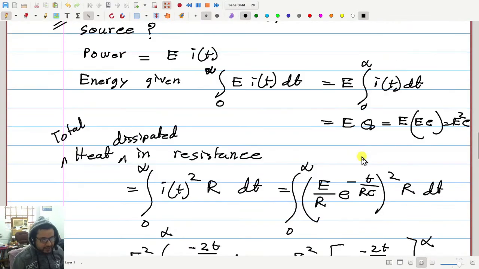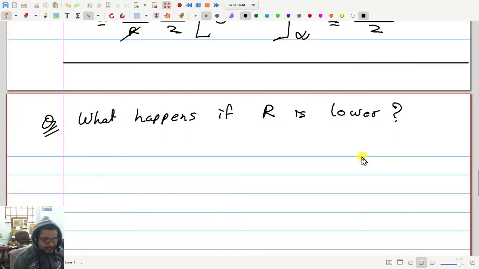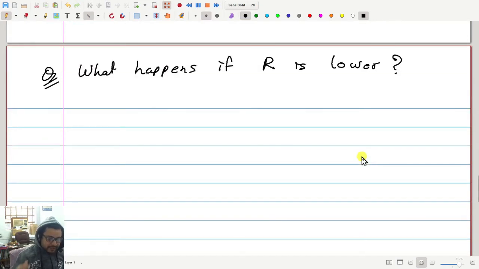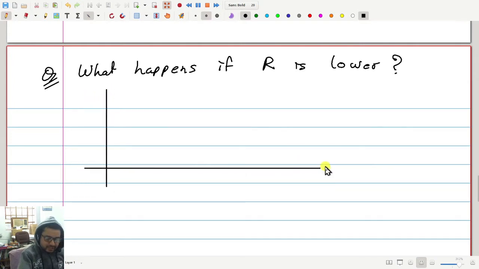Sir, then tau will be decreasing, and the current would go slower wherever it is going, like decreasing or increasing. Pardon? Sir, when the R will be lower, the tau will be, the current would decrease or approach a particular value slower than if R was higher, right? Right. So it will do faster, I guess. Let us see.